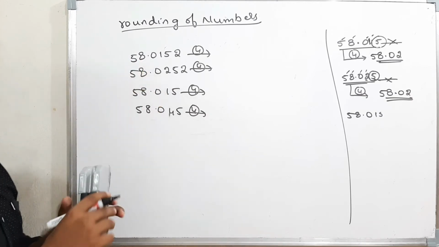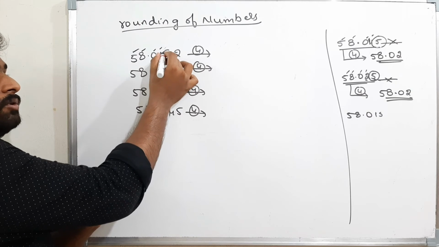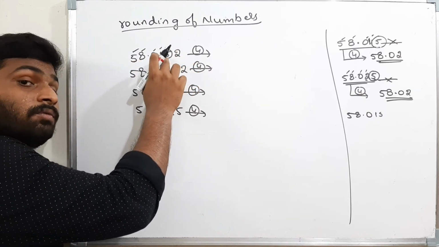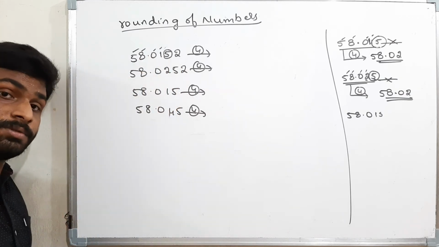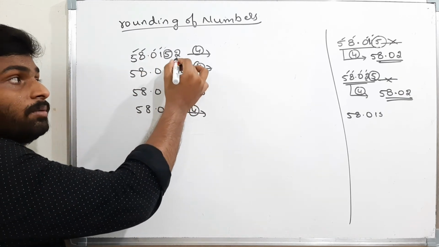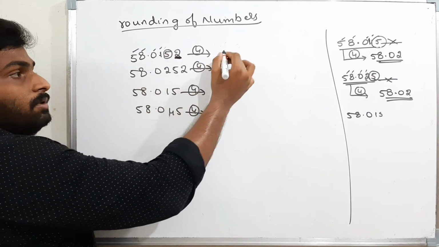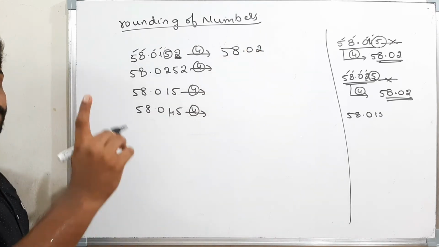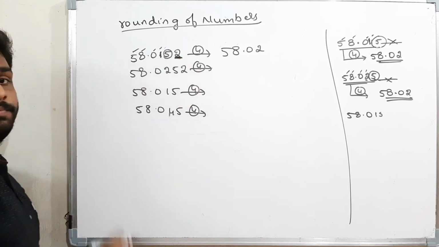4 significant figures means just these are enough. 5801. That means I have to round off the 5. The number which I am going to round off is equal to 5. If it is equal to 5, then I have to follow 2 steps. I have to see whether it is followed by a number. Yes, it is followed. If it is followed, then I have to add plus 1 to the before number. That means 58.02. I am adding plus 1 to the 1 because the 5 is followed by some value.